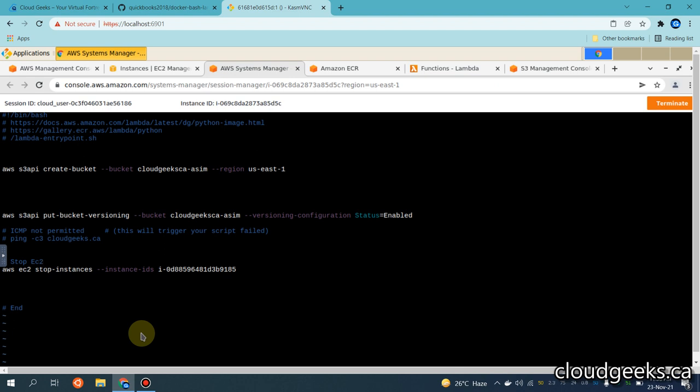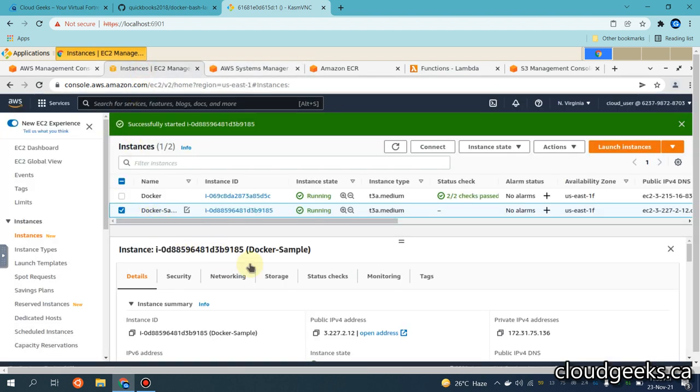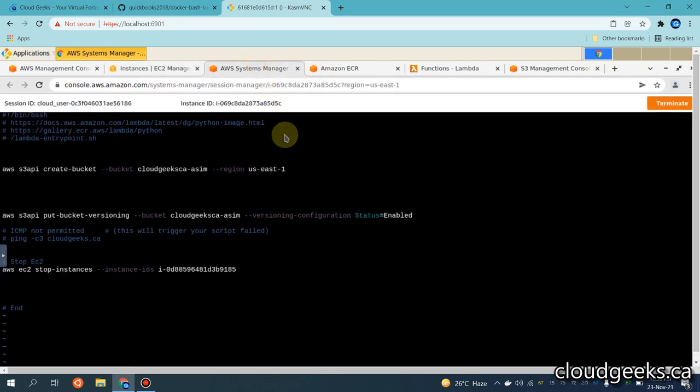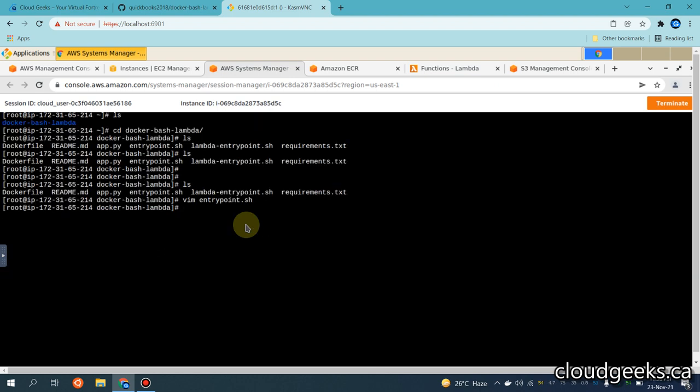So what I will be doing also, let me check the ID of that particular EC2 instance. So actually I've updated it. So it is 9185. Let me just, okay, yeah, it is pretty much updated. So what I will be doing, first of all, I'm going to create one S3 bucket with the AWS Docker bash lambda, and also stopping that particular EC2 instance. So let me save it, and what I will be doing,